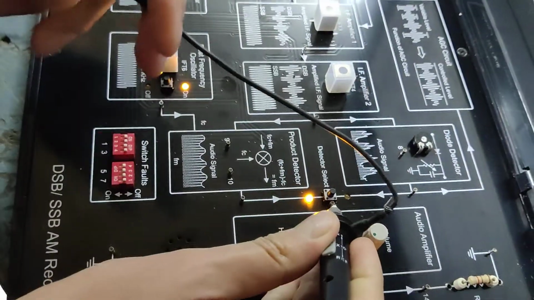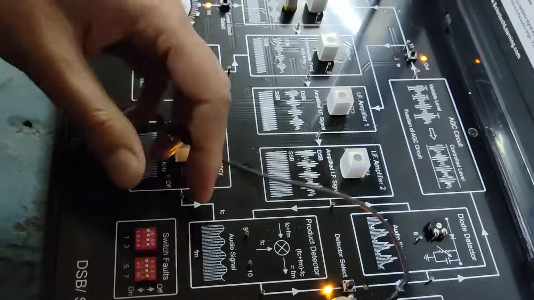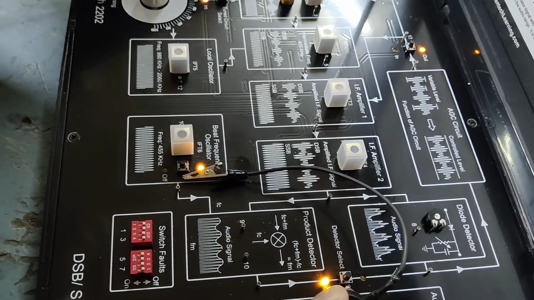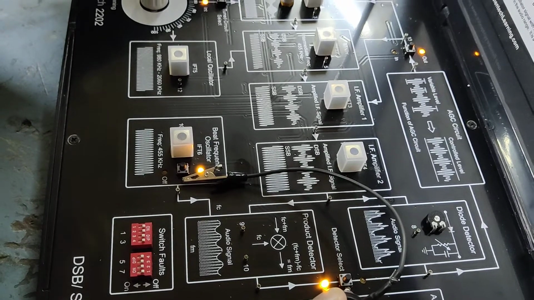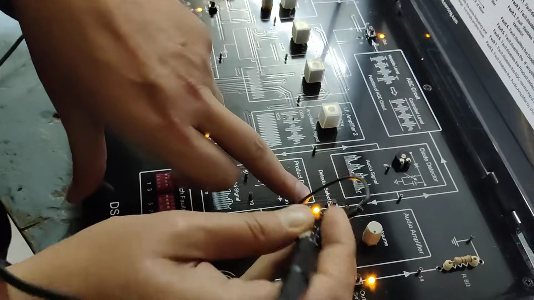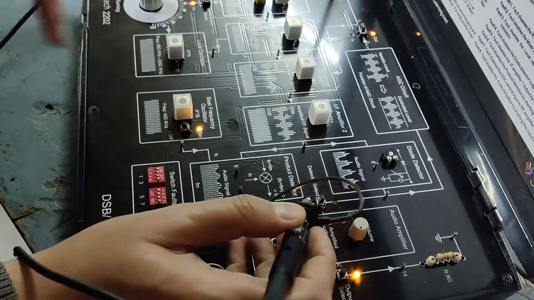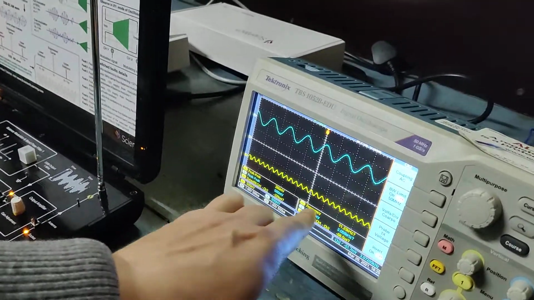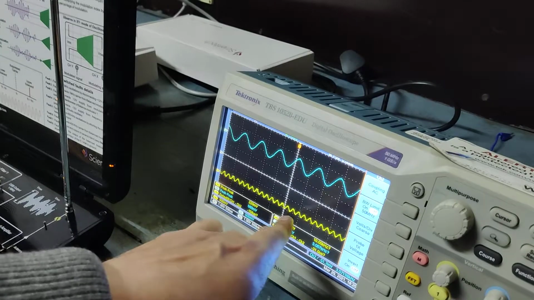So here we'll take the output and we can see the output. Here we are actually obtaining the output from this product detector, which is your demodulated signal. So we can see this is the output which is obtained after the product detection.